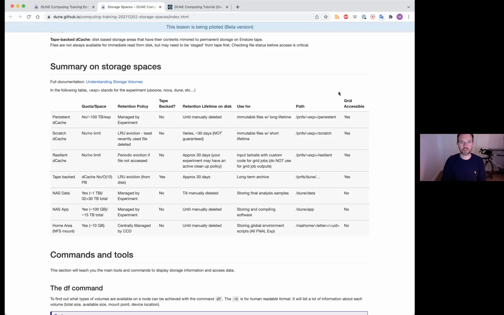So there's a question in the chat. Is touching a file considered using it? No. I would also recommend that you not try to utilize such a mechanism to pin something in tape-backed cache. If you're processing it, great, no problem. Keep processing it and do it again and again. But in general, the idea of once every 28 days going and touching a file and keeping it in the cache because you think you may need to use it in the near future is,